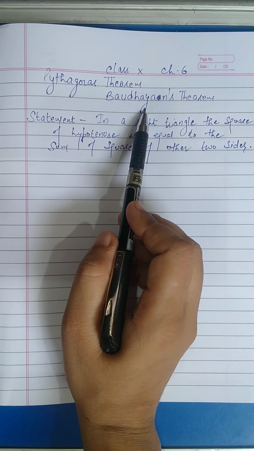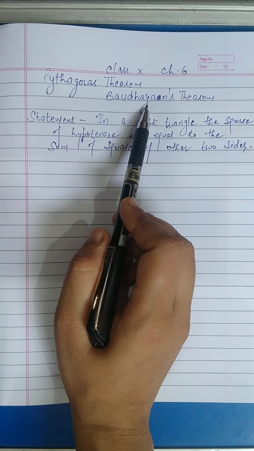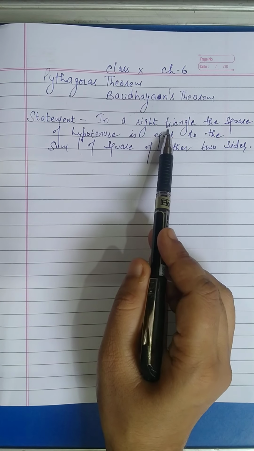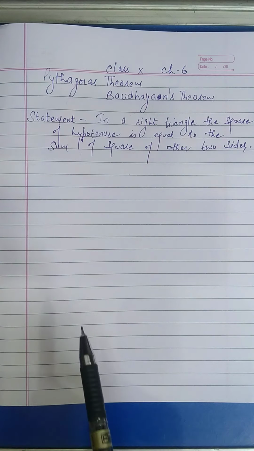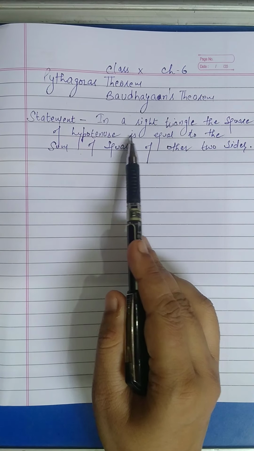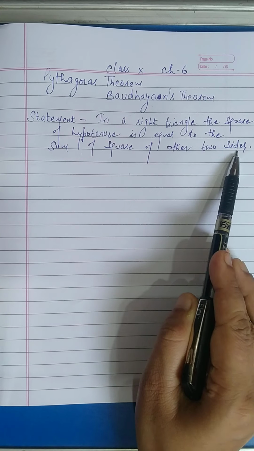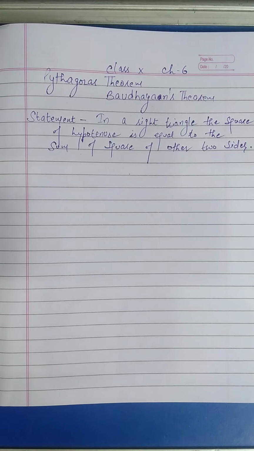Let's start. Pythagoras theorem is also known as Bodhayan's theorem because this theorem is given by a mathematician Bodhayan. From the lower classes, you people are familiar with the Pythagoras. What is Pythagoras? Pythagoras theorem is in a right angle triangle. If we are having a right angle triangle, we can apply hypotenuse square is always equal to sum of square of other two sides. Now what is hypotenuse? Hypotenuse is the side which is opposite to the vertex of 90 degree.